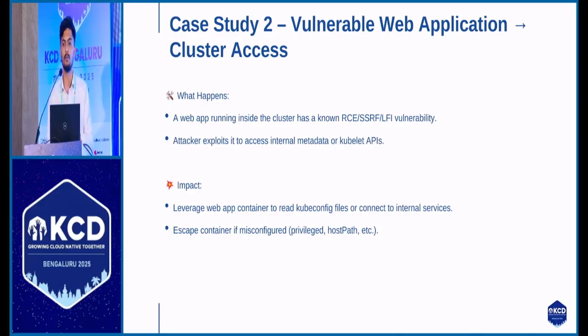I'll try to fetch the kubeconfig file. If I get access to a kubeconfig file, what can I do? I can directly log into a Kubernetes cluster using it. And I can also escape the pod and log directly into a container using privileged and host paths.